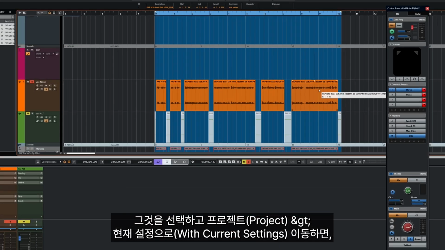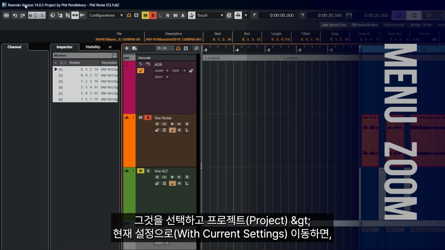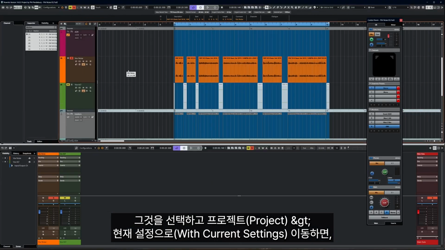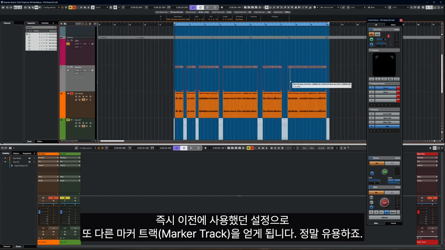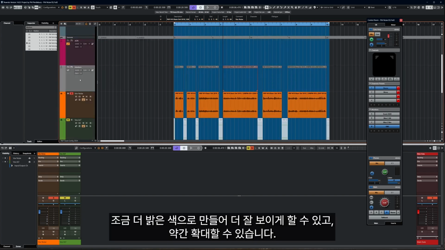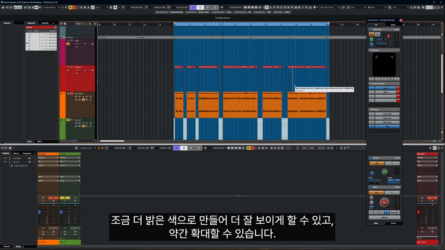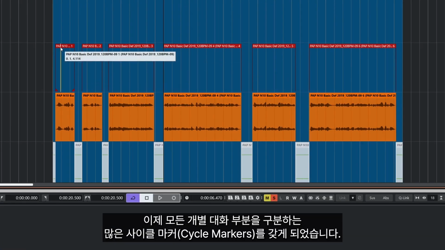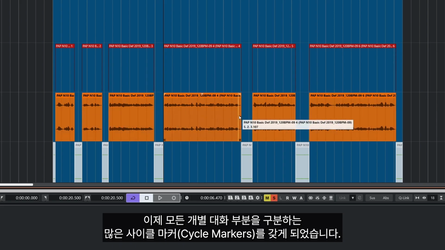Now that we've set everything up how we like it, we can select that, we can go to Project, and we can go with current settings, and immediately we get another marker track with those settings that we used earlier. Really useful, and maybe we can just make that a slightly brighter color so that they're more visible, and we can zoom in a little bit. So you can see we've now got a bunch of markers, cycle markers, which delineate all of those